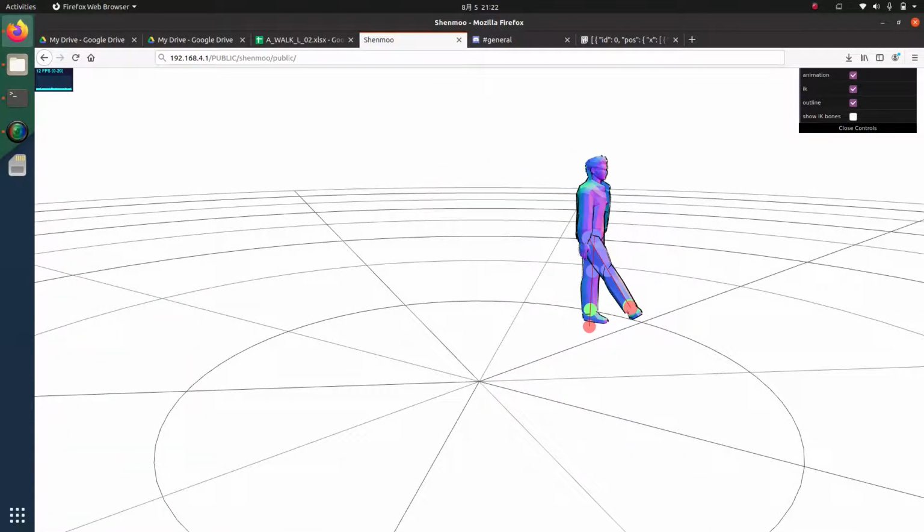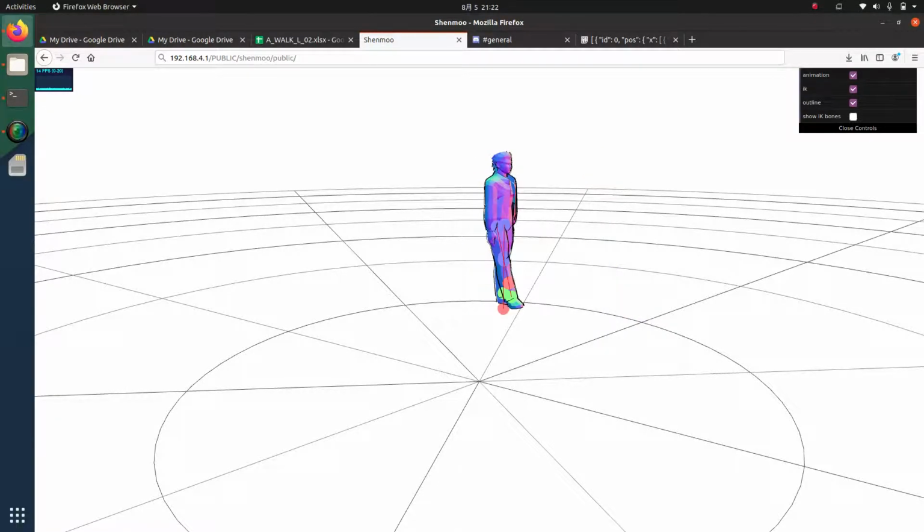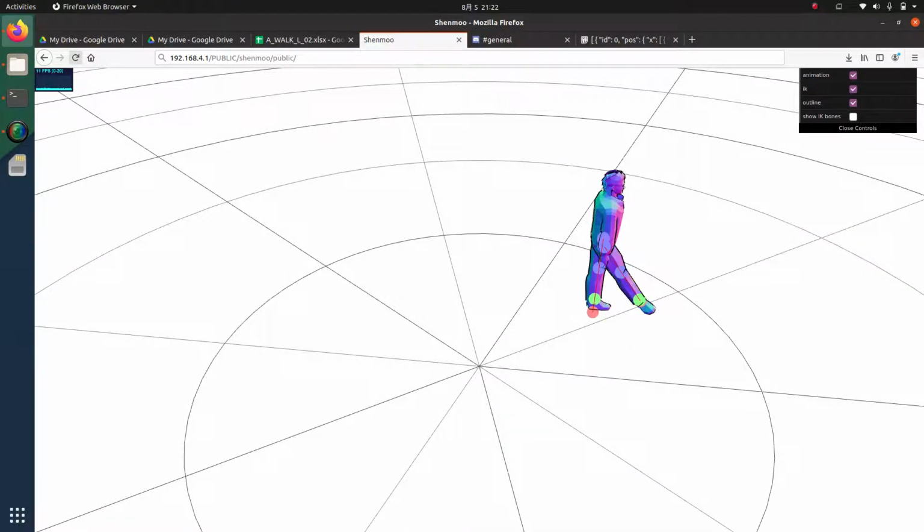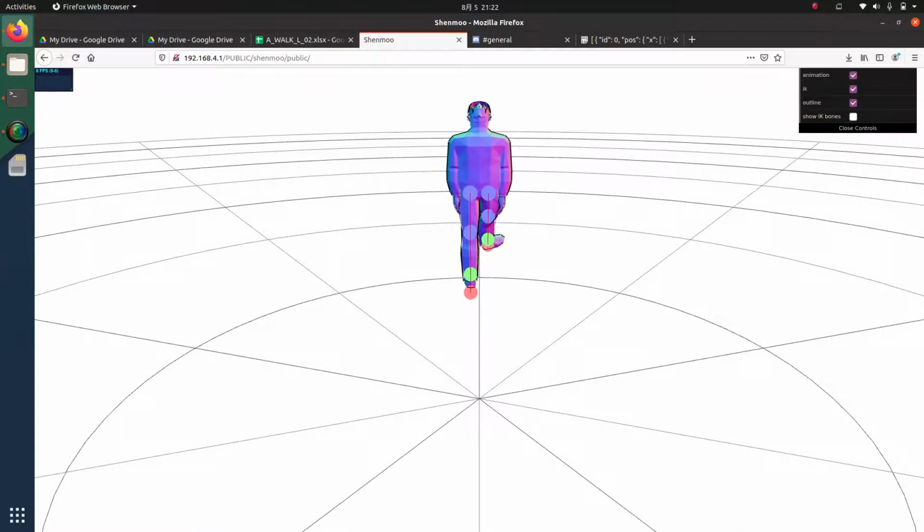So in terms of Shenmue, since this is in code, I can change this from inverse kinematics and then go back to forward kinematics right away. So whichever one doesn't really actually matter that much, just because